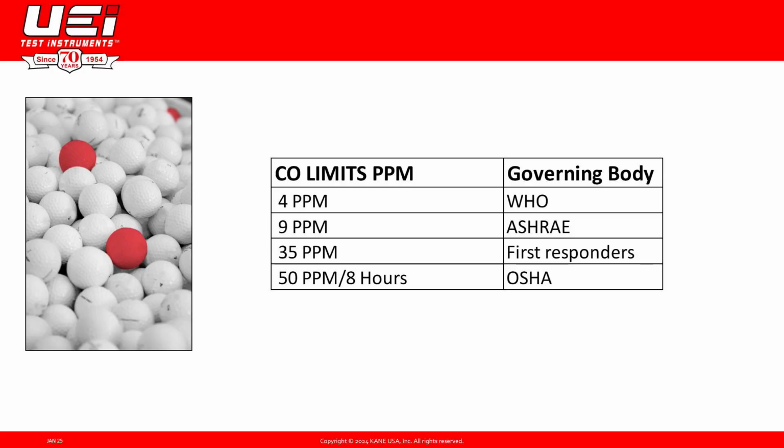So what are some of the limits of CO in the ambient air? If we look at 200 parts per million, that slight headache, fatigue, dizziness, and nauseousness will set in about 2 to 3 hours. As we continue down that chart, we can see when we get all the way down to 12,800 parts per million, you risk death within 2 to 3 minutes. And I want you to remember that number, 12,800, because it's going to come up later in this presentation for you.